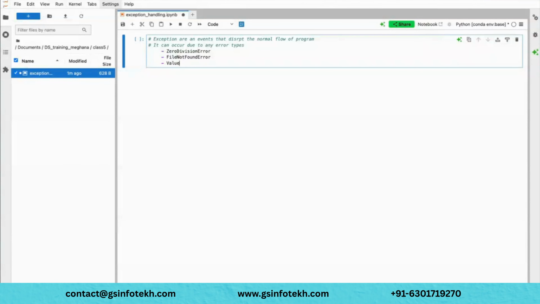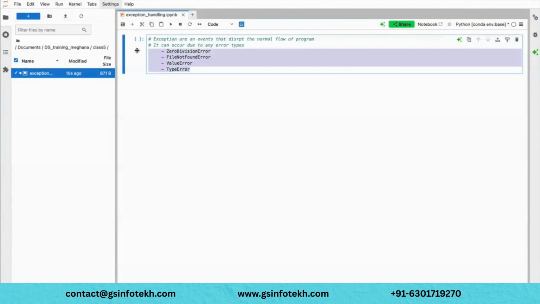Value errors you also usually get, and any type mismatch. Let's say you are trying to read input data as int, but people are entering a float or a string value. This is the kind of errors you will get.